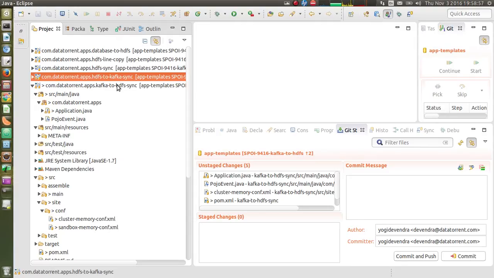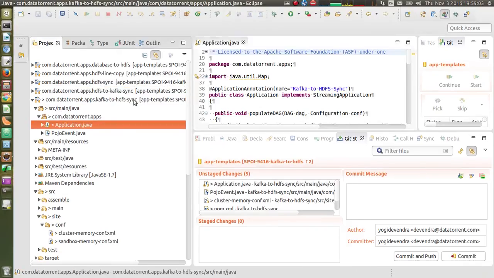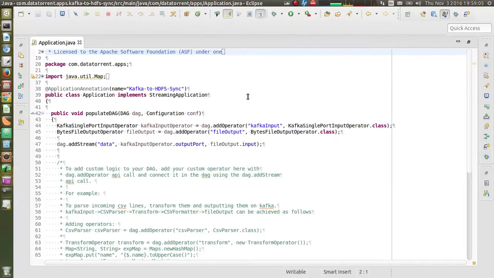So before we begin, let's look at the source code for this particular application. Application.java is the main file. There we have a populateDAG function.